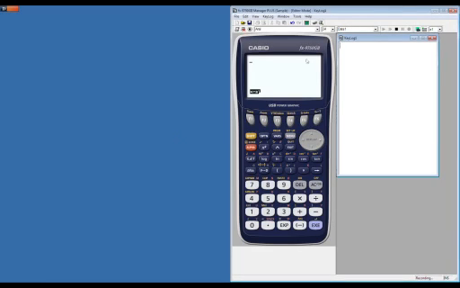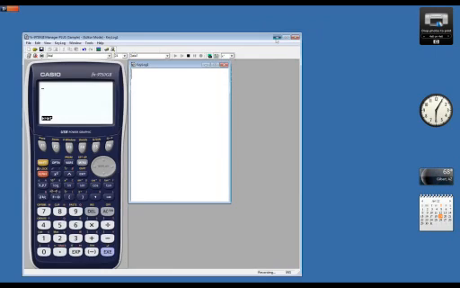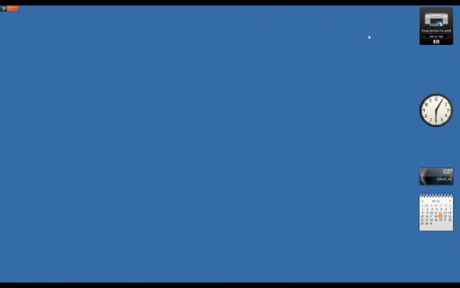Nathan, can you help me find my original screen that I had here? Do you happen to know? It's a little tricky when I can't see the screen you've got.